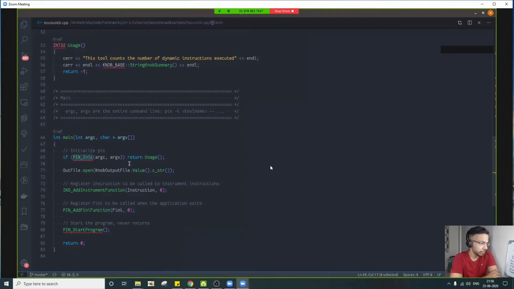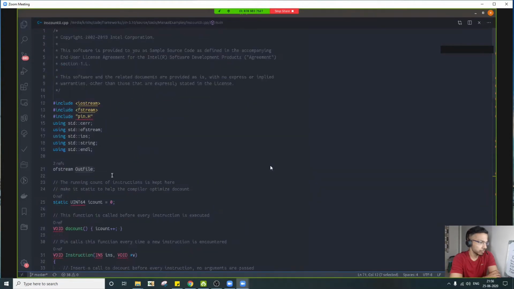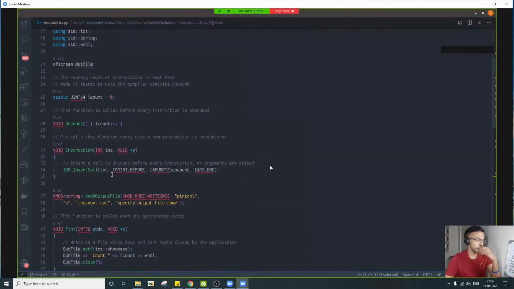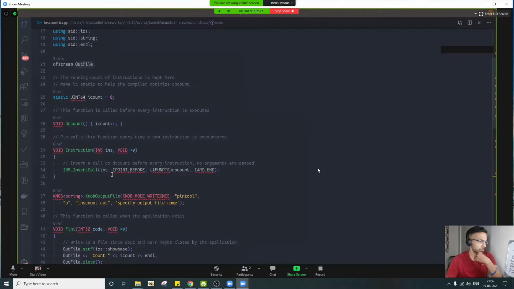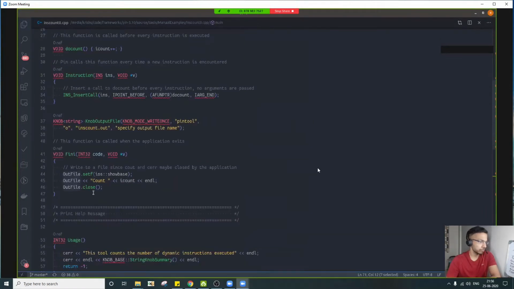So PIN_Init will initialize your pin framework or pin runtime. The output file is basically the log file. The main reason we put our output into an external file is that if your application is a console application, you can inherit standard error or the output stream. But if you are instrumenting a GUI application, those streams won't be available, and whatever you print will not be shown to you.